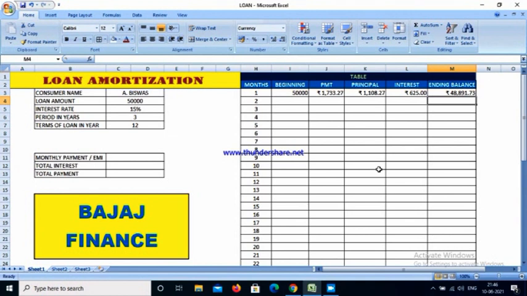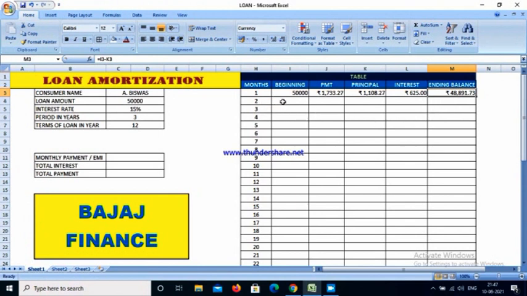You can strictly subtract your principal amount from the total loan amount. Then you will get your second month opening amount and first month closing amount. So this ending amount will be your next month opening amount. Always remember, today's ending balance is tomorrow's opening balance. We must remember this, students.